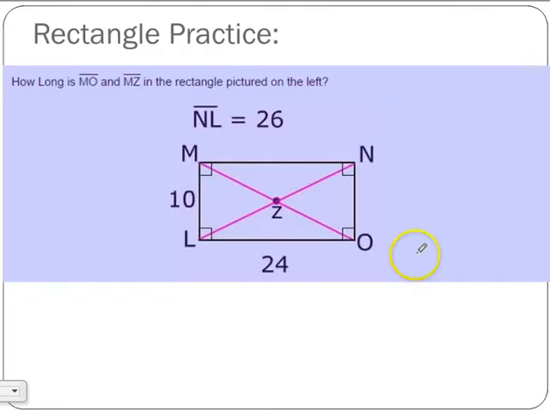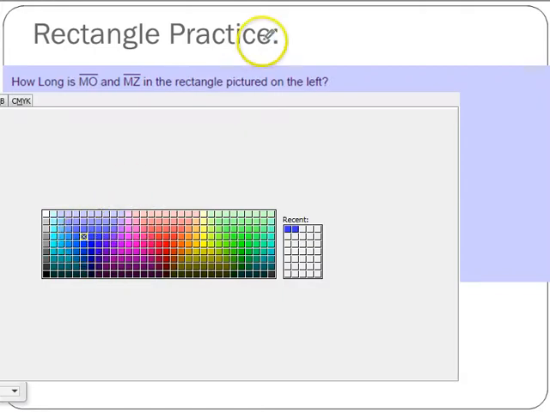So let's review and see if we can put to use the properties we just learned. The question says, how long is MO? That's a diagonal, MO, and MZ, how long? MZ is from the vertex halfway. So how long are those